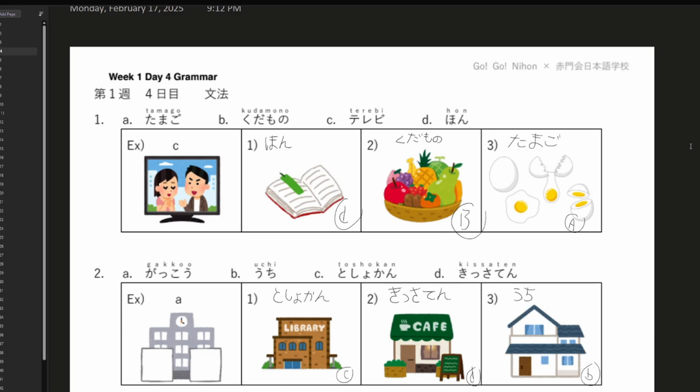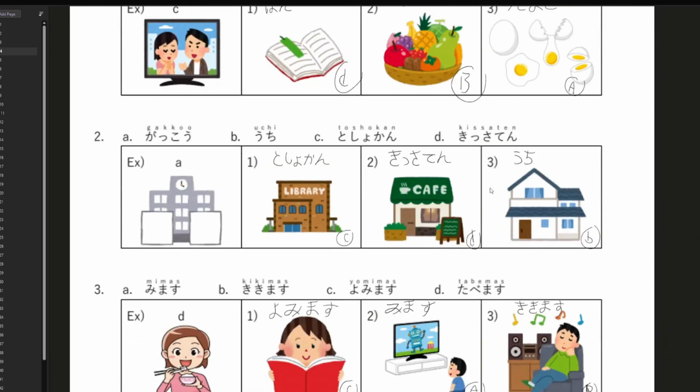So let's kick it off with some homework review from last time. First, a little bit of vocab matching, nothing too crazy. First item we've got here is a book, hon. Then we've got some fruit, kudamono. Then we've got an egg, tamago. Moving along, we've got library, toshokan,